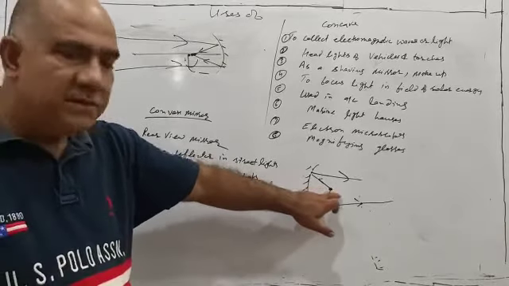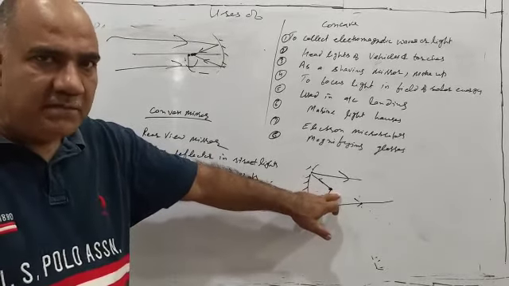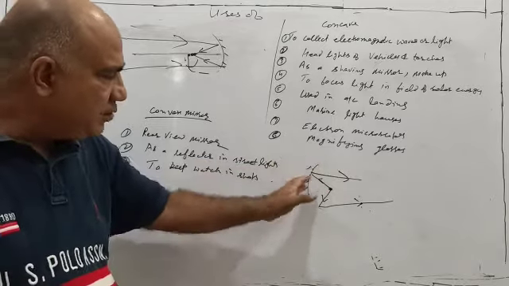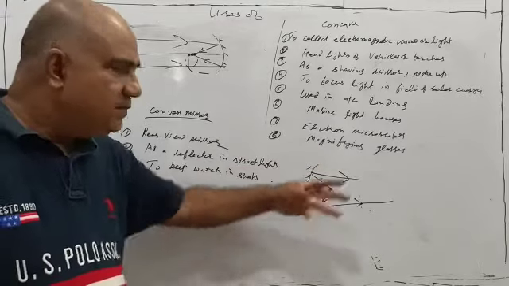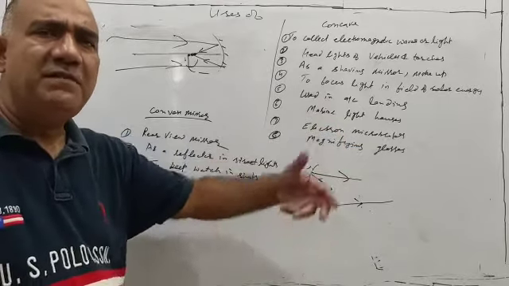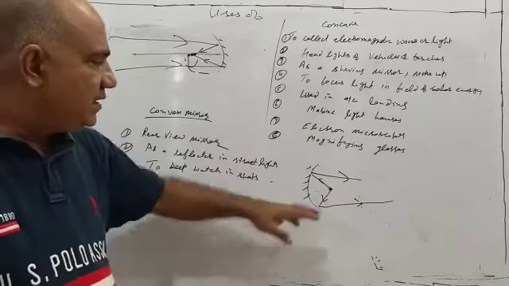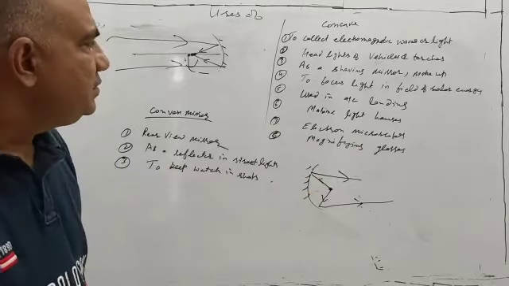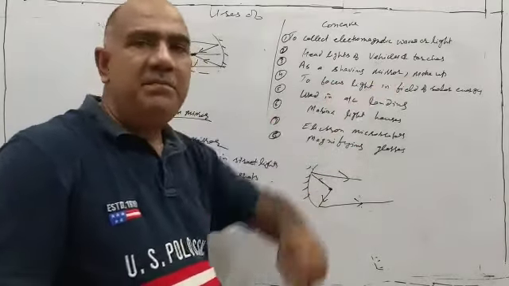At the principal focus, the source of light will be kept. After striking the concave surface of the mirror, the rays will become parallel so that they can travel larger distances in a searchlight, or wherever you see in circus light and in torch, etc. This is used as a shaving mirror and makeup mirror.